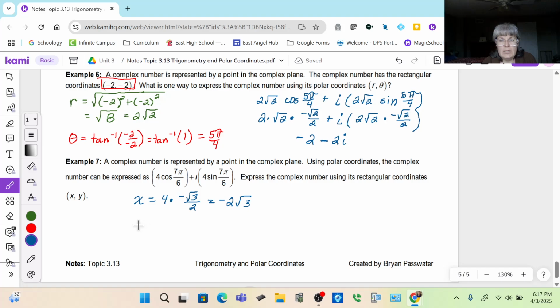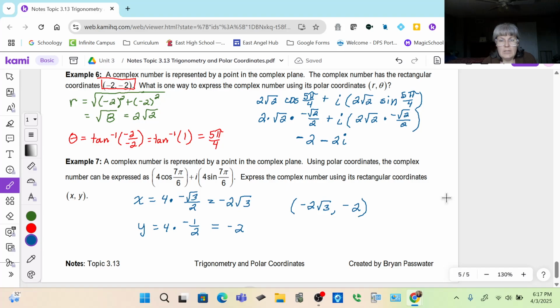And then for y, you're just going to take 4 times sine of 7 pi over 6, which is going to be negative 1/2. And 4 times negative 1/2 is negative 2. So we have our x value, we have our y value. If we write it as an ordered pair, that's going to be negative 2 square root of 3, negative 2. And we have our rectangular coordinates from a complex form that was written using